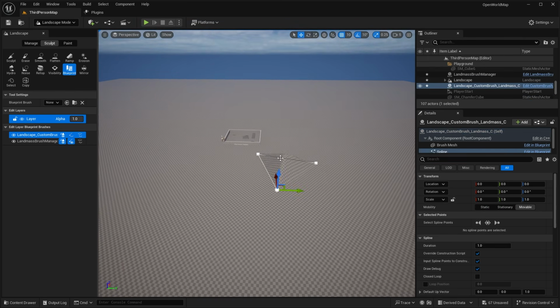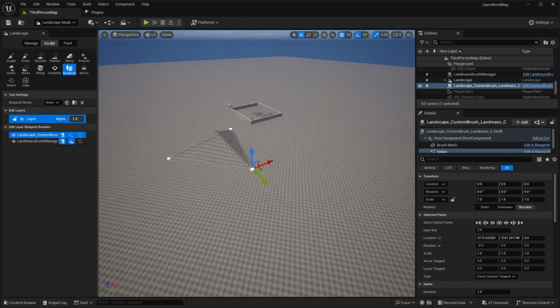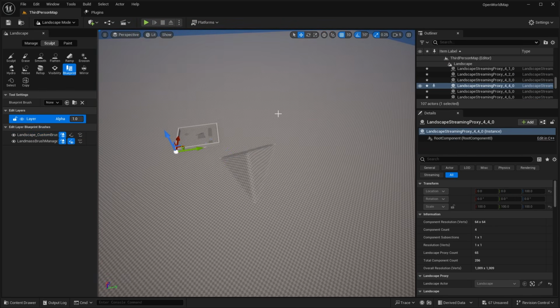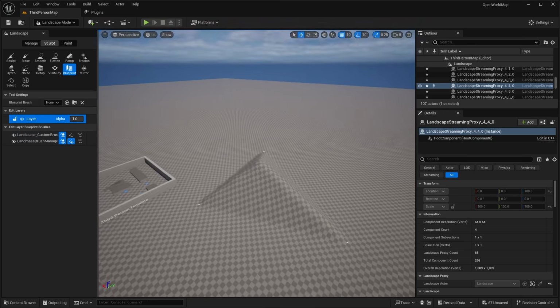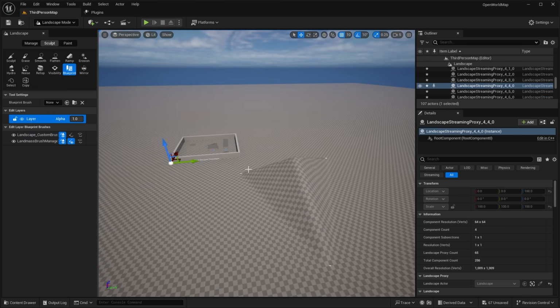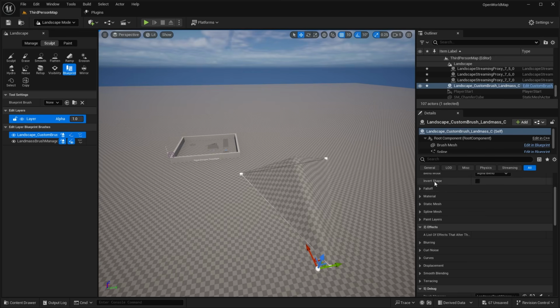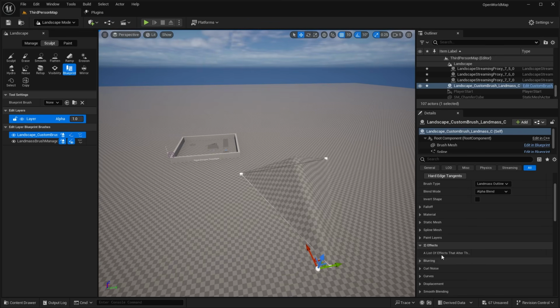And now with this triangle shape selected, we can take any of these points and move this around. And we can create sort of a shape of our terrain. Now we actually want to select the whole thing. So select anywhere else on the map and reselect the landscape spline. And once you've done that, you should be able to access the brush settings. So now in the settings, we can see things like fall off, material, static mesh, blurring, curl noise. So we have all of these settings because we've selected the entire